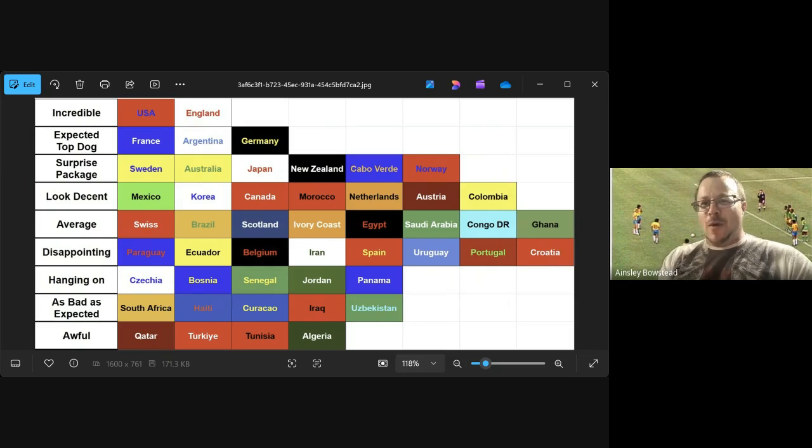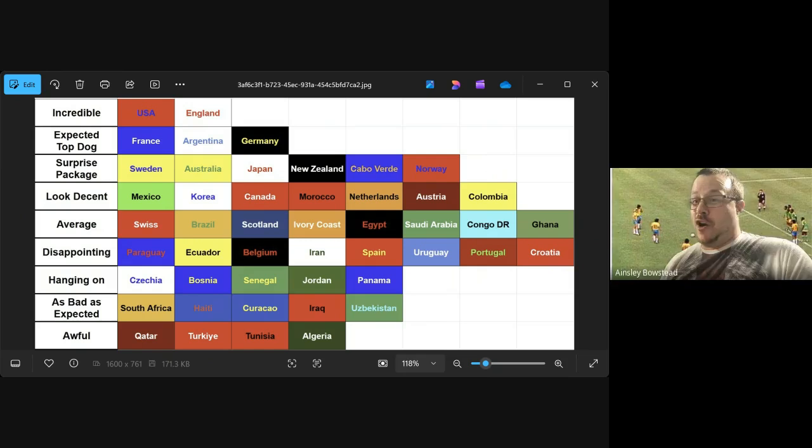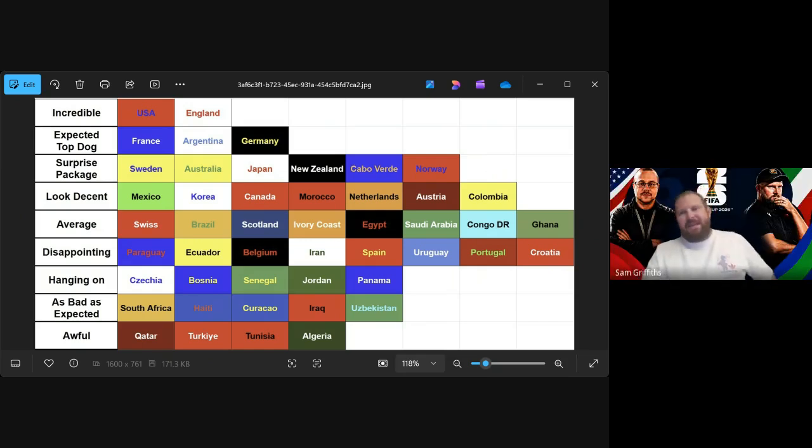But why have they found themselves in the same bracket as Iran and Paraguay? I guess because you might have expected them to give England a tougher game, and they did score in the first 45 minutes. They did, but I don't know.